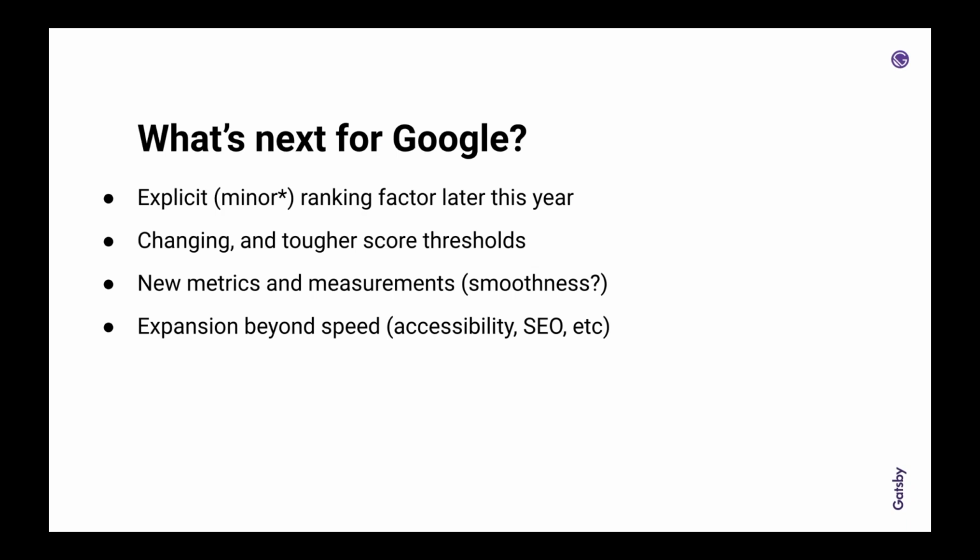And then the tougher score threshold is interesting too, because I know there have been a lot of studies from a lot of the big SEO players like Searchmetrics and SEMrush about how many of the internet's pages are actually scoring in the good range on some of these thresholds, and it is not high. A lot of these numbers are pretty low. 50%. Yeah. Exactly.